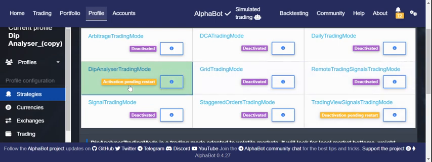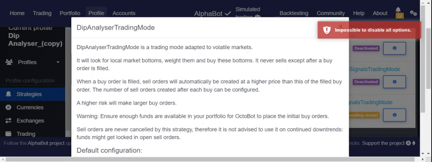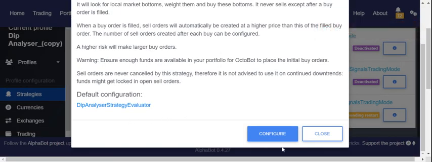Now let's say we are having these strategies. We are having dip analyzer trading mode. Now it says that activation is pending and restart required. Okay. And before it we were using trading view signal trading mode. So it says that deactivation is pending. So to activate our dip analyzer, we will click on it and we will click on this icon, and here we will find that